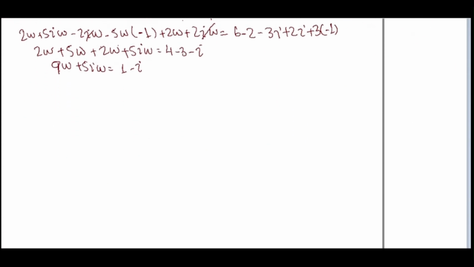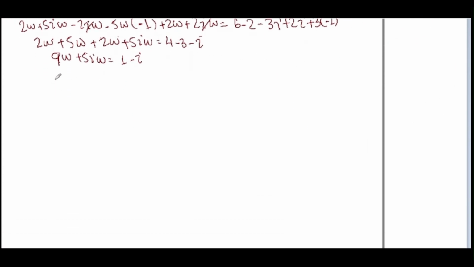Now moving a bit downwards. Okay. Now taking w as common, we get 9 plus 5 iota equals 1 minus iota. W equals 1 minus iota divided by 9 plus 5 iota. Now we have to find the value of w, and we can say that we have found it out, but it's not right, because there is a complex number in the denominator, and to remove this complex number, we are going to rationalize it. And how do we rationalize?